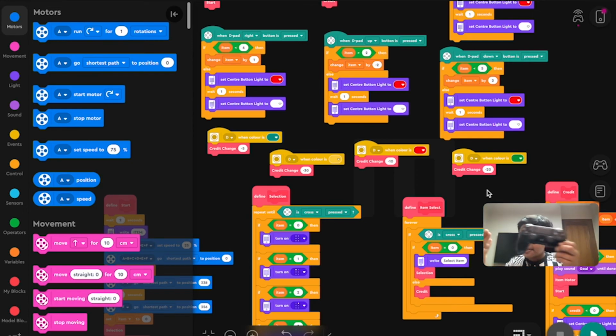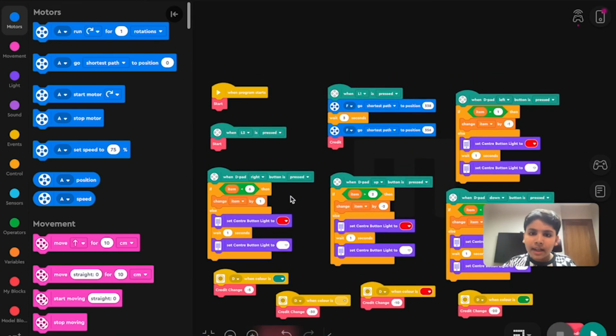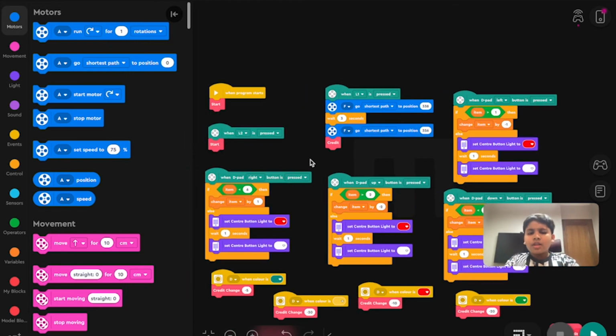And for fun, I thought, why are there so many buttons on the DualShock controller? There are so many buttons. And for fun, I added some more functions. The person, for example, made the wrong selection by mistake. Now he has to go to start, but he doesn't want to follow the whole process. So what will he do? Add it when L2 is pressed. Then it will again go to start and restart the code. L2 is not necessary, you can choose anything.